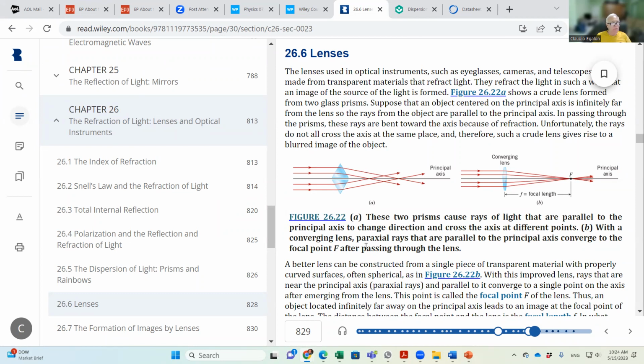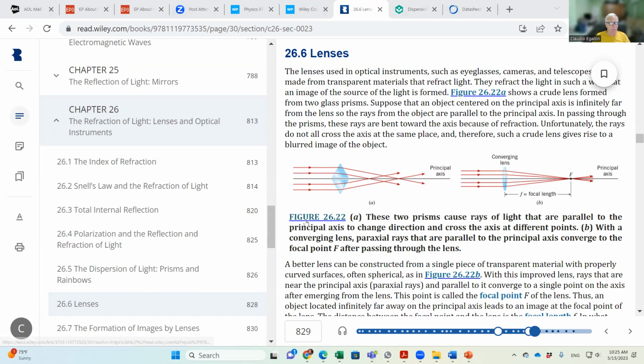Consider a very simple lens with a triangular shape, two triangular shapes put together like a prism, right? One prism upright and another prism upside down. How does light behave in this configuration? Light tends to be focused along this line. They're not focused exactly at the same point, exactly because of the